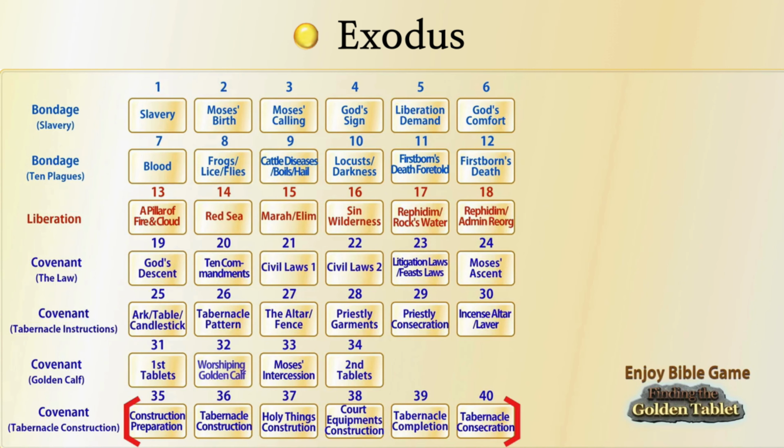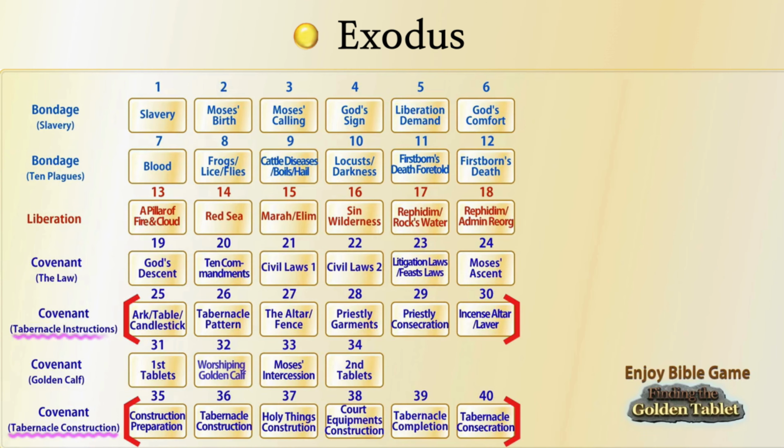the tabernacle to God. It is helpful to think of these chapters as corresponding to the process of building the church. It is also helpful to think of chapters 35 through 40 as a single chapter and call it tabernacle construction, so that the chapters in this section remain coherent and easily distinguishable from chapters 25 through 30, which deal